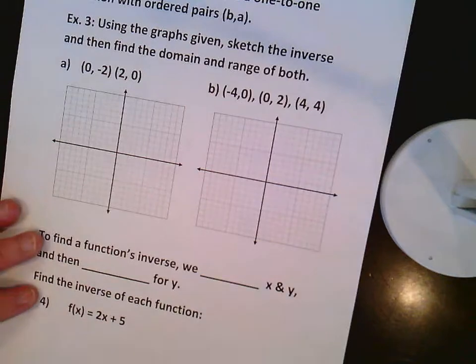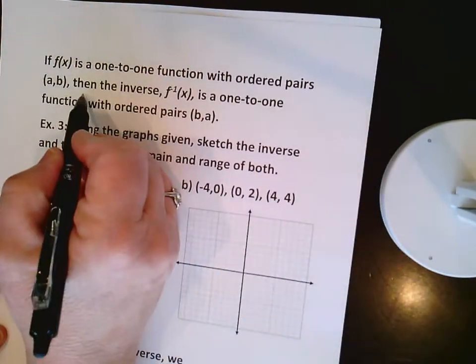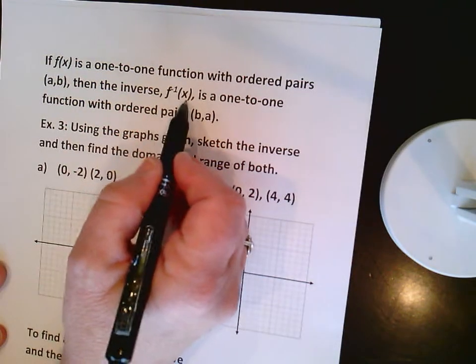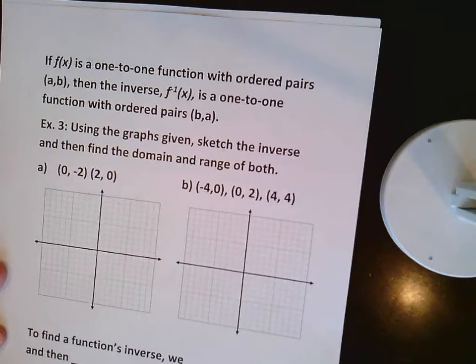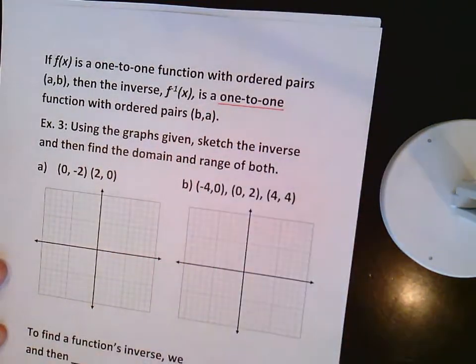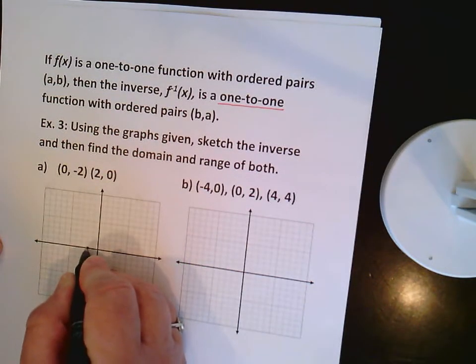And if it's a one-to-one function and its ordered pairs are (a, b), then the inverse function's ordered pairs are going to flip. Okay, it only works if you have a one-to-one function. So we're going to use the graphs given. We're going to sketch the original graph, the inverse, and then we're going to find the domain and range of both. So I'm going to start with these points on the line at (0, -2) and